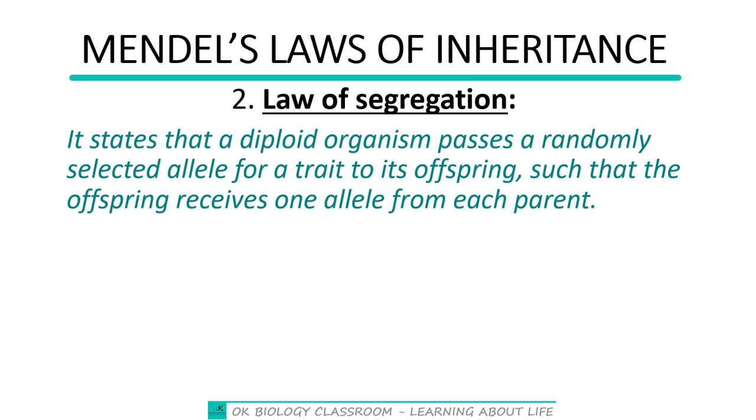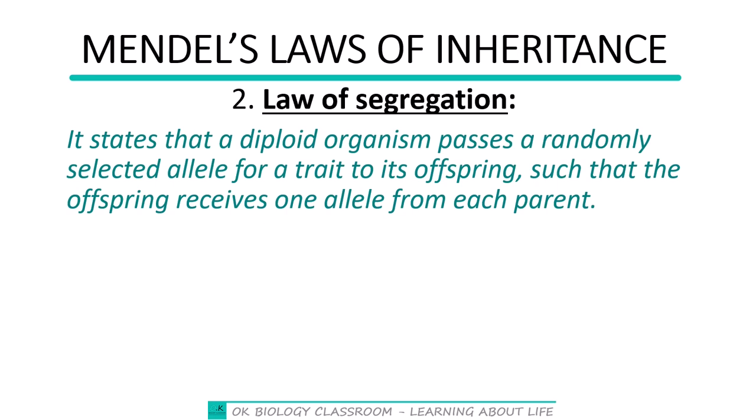In our previous lesson, I said that humans have 46 chromosomes that appear in 23 pairs, but when the gametes are forming, only one of each pair would be chosen. So, for example, in the formation of the sperm cell, there would be 23 chromosomes and not 46 because only one of each pair would be chosen. The same thing happens in the formation of the egg cell, so that in the end, when fusion occurs, it would bring the number back to 46. This happens in all diploid organisms, and a similar thing was observed in the experiments that were done by Mendel.